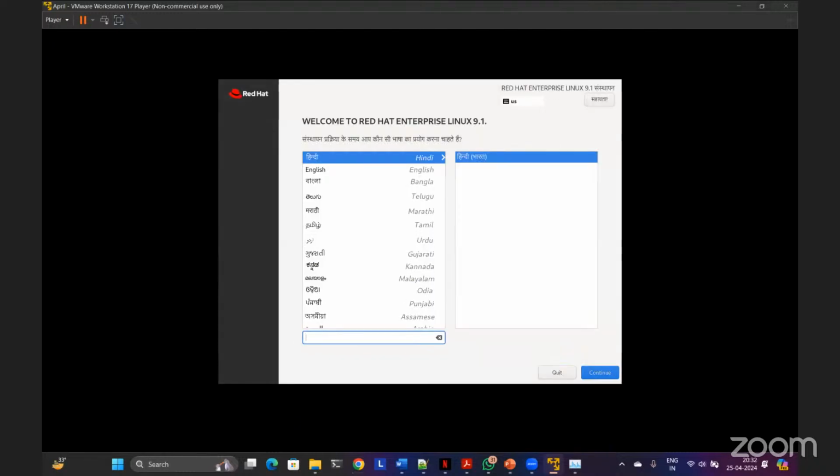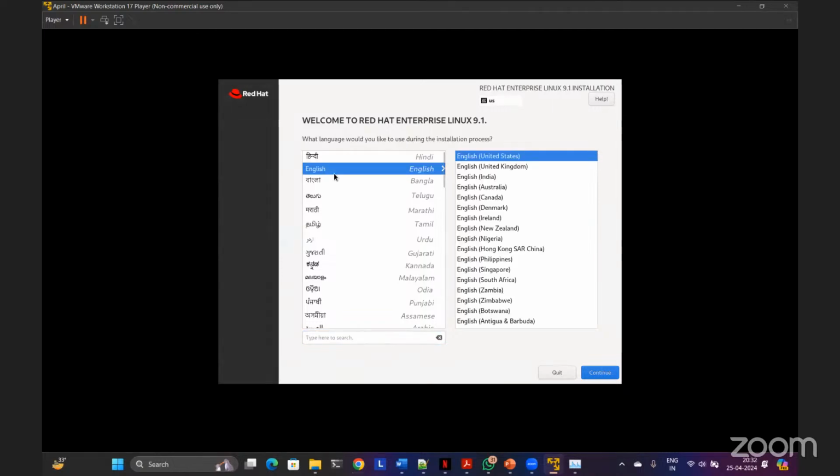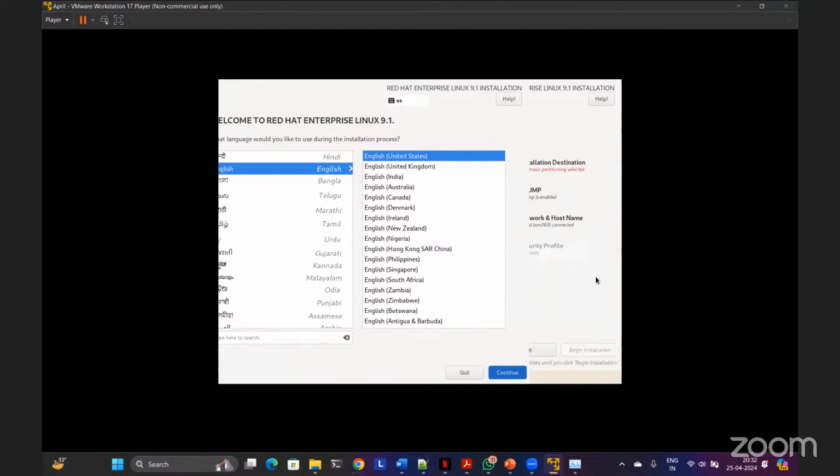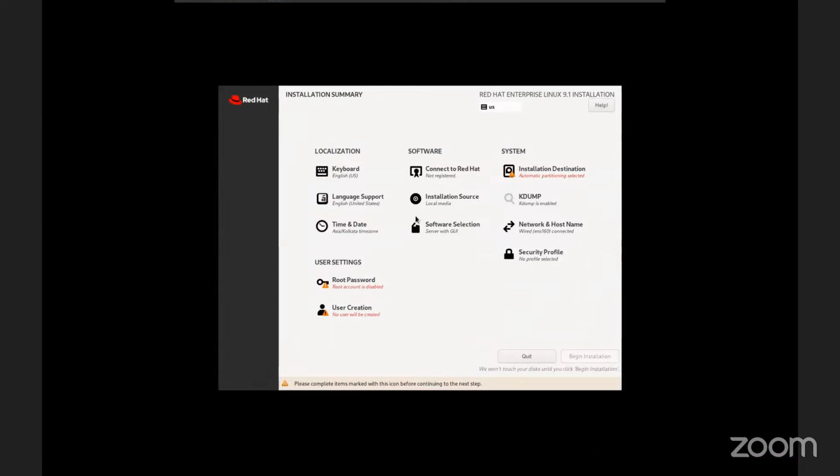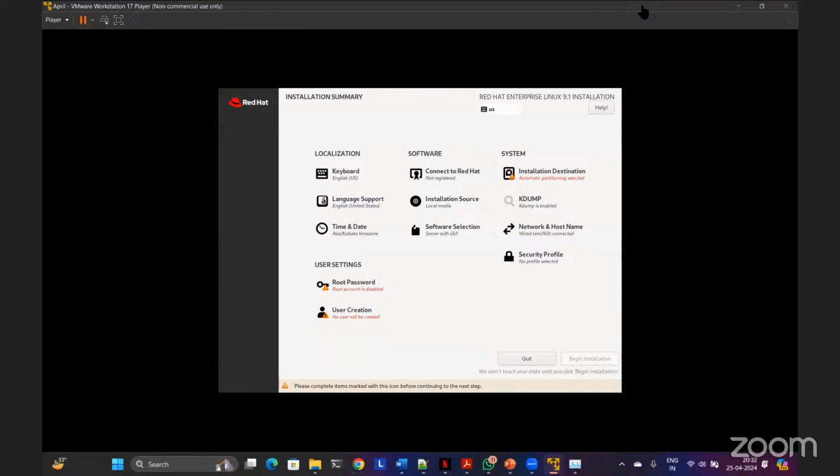Okay, so this is the installer Anaconda. Page number 1 says select the language and the location. So first of all, English I'm going to select. English US, this is fine. Click on continue. The continue is here, blue button. It will take you to page number 2 where you will have more options like this. Can I go full screen? No, I cannot. All right.